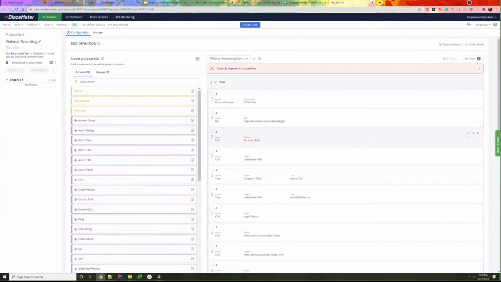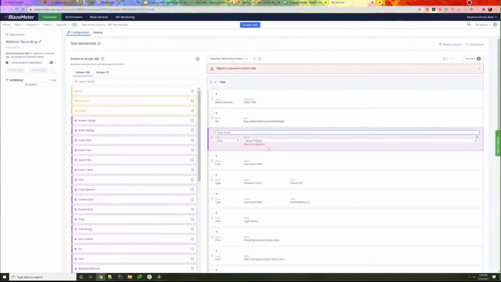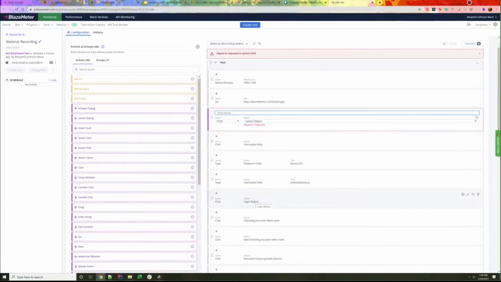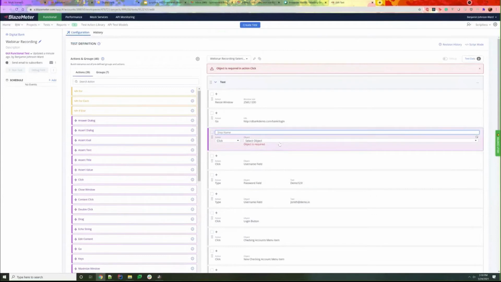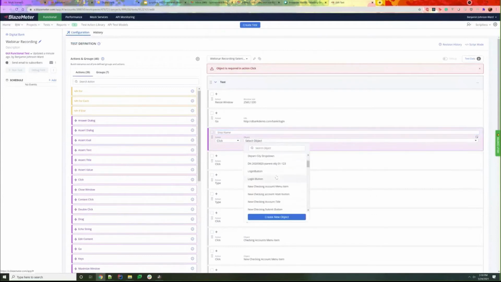So if we go to this click option, you'll notice that it's saying that an object is required. You can't just click on the screen. What do you want to click, right? Whenever we do a recording, we're capturing the exact object that you clicked. Now, you'll notice these have really nice names. I have already done these recordings before, and I've renamed my objects. And whenever I record the same elements on the screen again, scriptless will automatically identify that and make sure that the same login button is the same object being used in all of my different tests automatically. So if I want to click something, I can either pick from the repository of objects that I already have available to me,